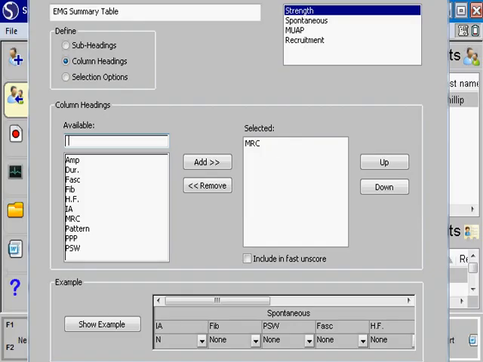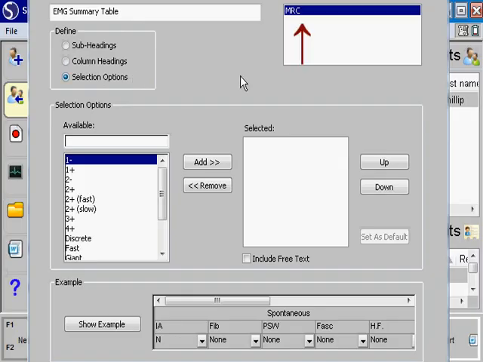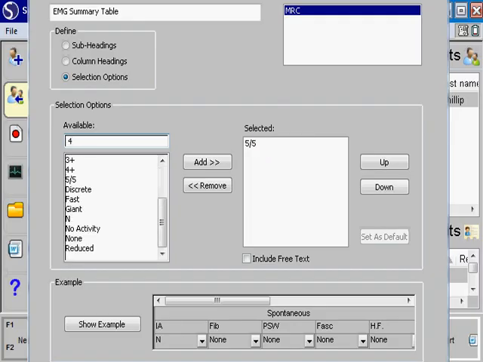Now the last stage is to add the various selection options. So I will click on Selection Options. Notice that MRC is selected in the top right corner. I do not have any selections defined right now, so I need to type them. So let's start with 5 as a selection. So click in Available, type 5, or let's say 5 of 5. Another selection, 4 of 5, 3 over 5, 2 over 5, 1 over 5, 0,